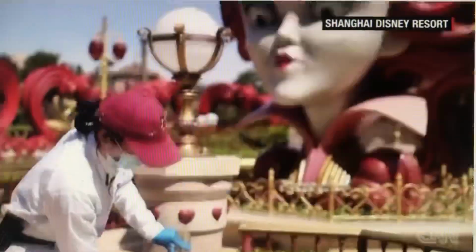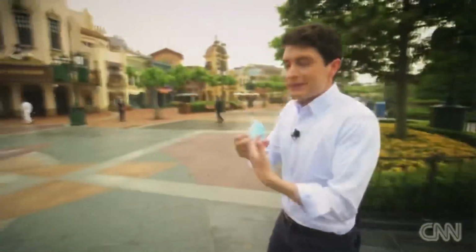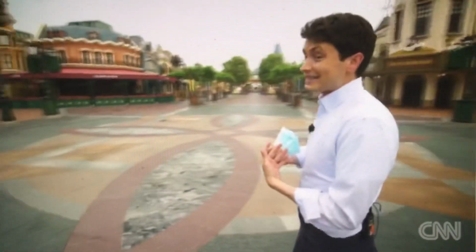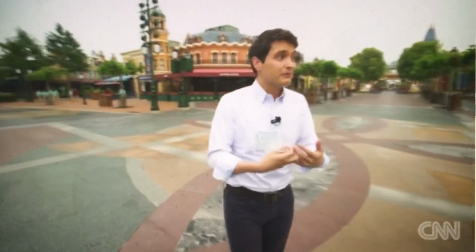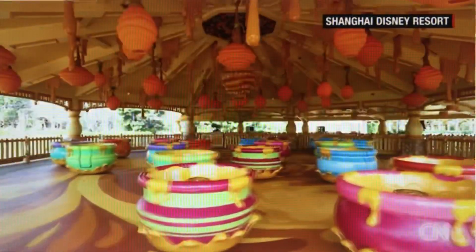But as you can see, the preparations are underway. They've used this time to rethink how they're going to have people coming in safely, keeping that social distance, and avoiding any sort of contact, not only with each other, but also with cast members. So it's going to have things looking a little bit differently. I'm going to take you outside the park to show you how we got in with Senior Vice President of